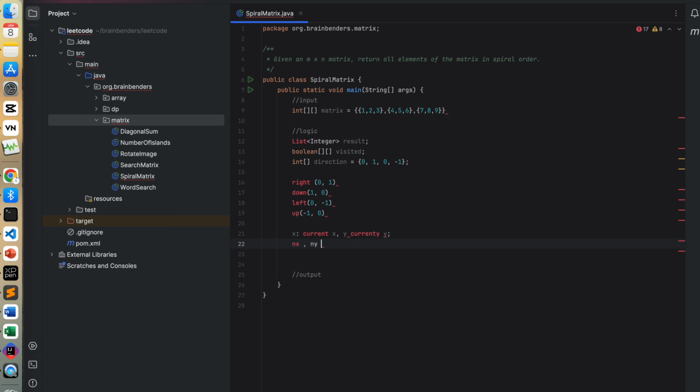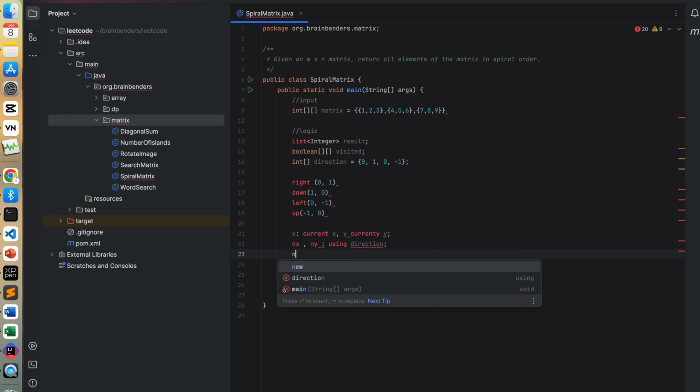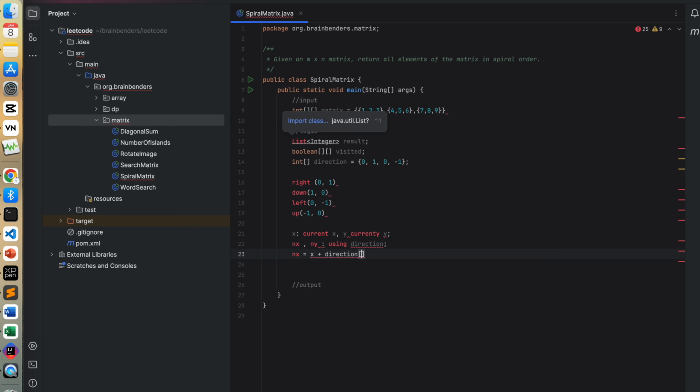These coordinates will always be calculated using the direction array. So, for example, nx, the x coordinate of nx, will be the current x coordinate plus the direction of dir. Just to iterate on this direction array,